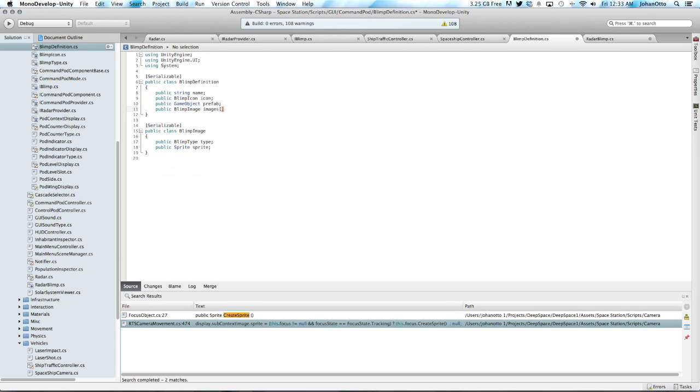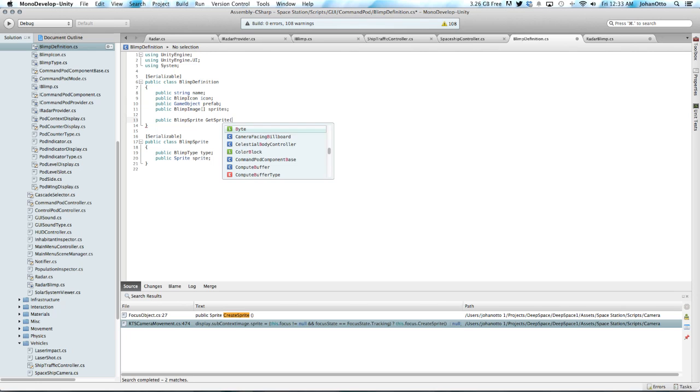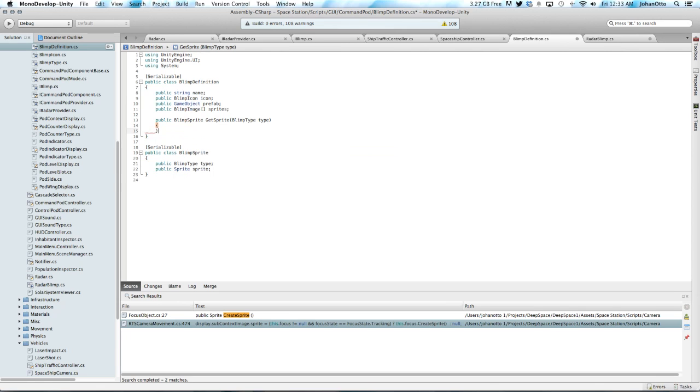Let's call them sprites, by the way. And now I'm going to write a little method here that says get sprite. I'll call this get sprite for the type, right? And now what we want to go is we're just going to go